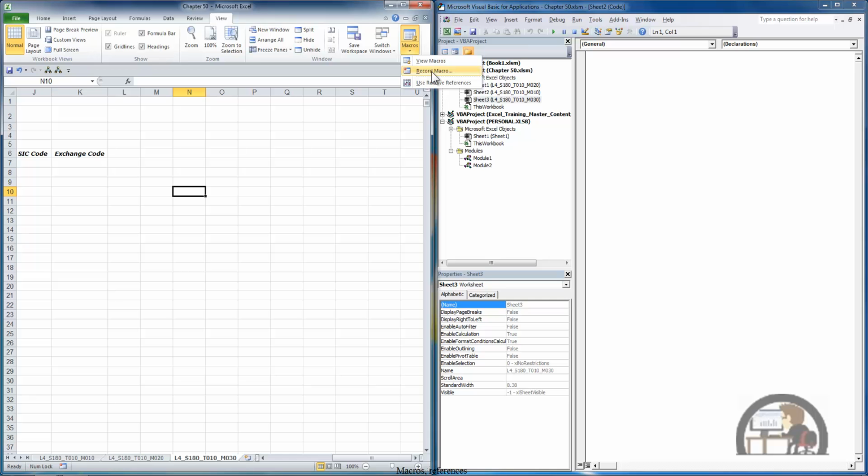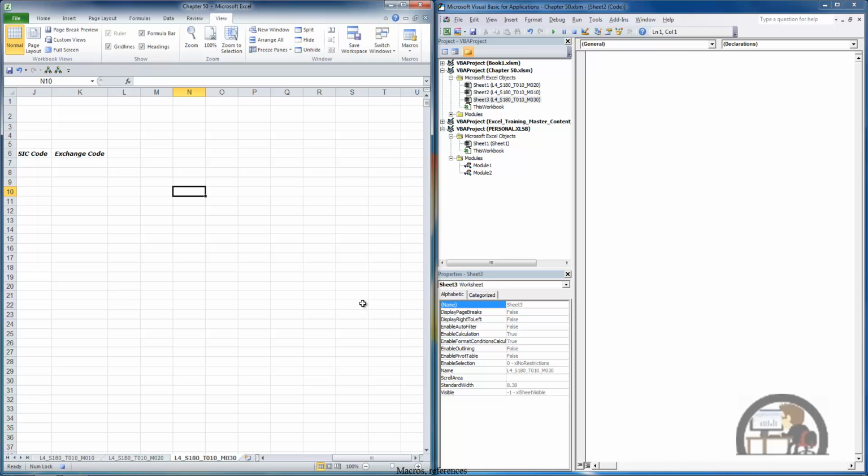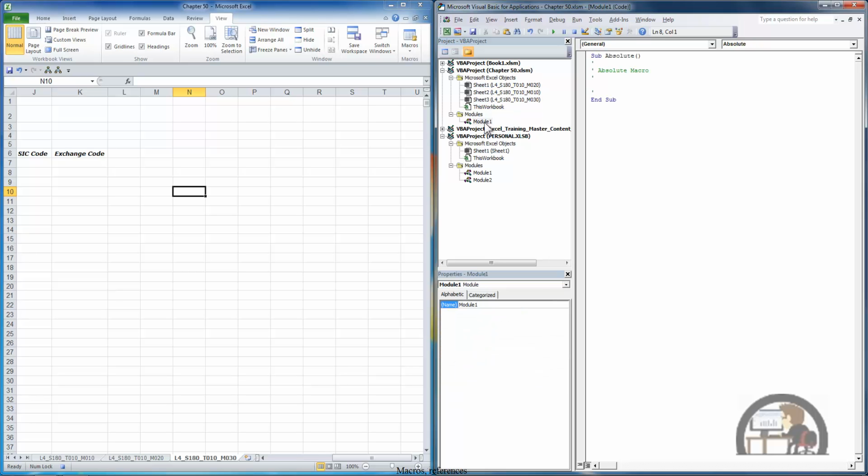Now, right below this button is a Use Relative Reference toggle switch. It is not on. By default, it is not on. And we're going to leave that off, which means we're going to record this macro using absolute references. When I left-click, I get the Record Macro dialog box. I'm going to call this macro absolute. You probably could have guessed that. I'm going to store it in this workbook and left-click OK, and I get a module added to the Chapter 50 workbook. Expanding that folder and double-clicking that module, I see that Excel has defined a subroutine called absolute, which